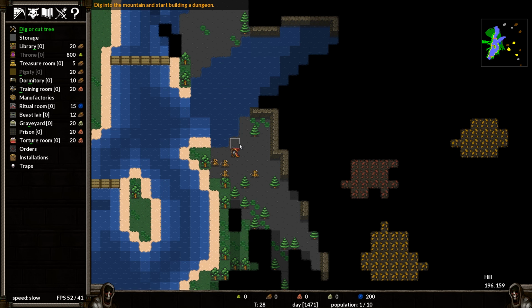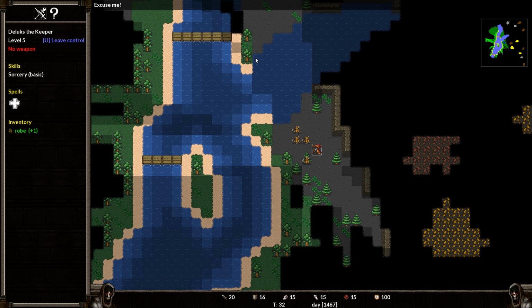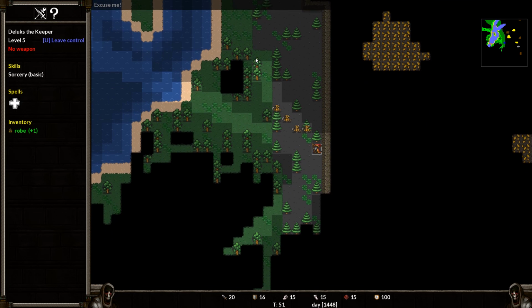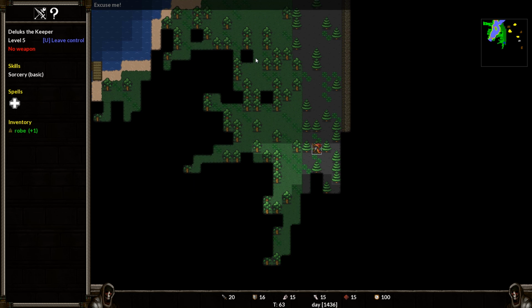So now, at the beginning, I always take control over my keeper, and you can move him around with the arrow keys. And of course, you can use the numeric pad to move diagonally as well. And see, we're looking at the edge of the mountain here, and it's always good to take a little look around the area to see what it looks like before you start digging, because there's been